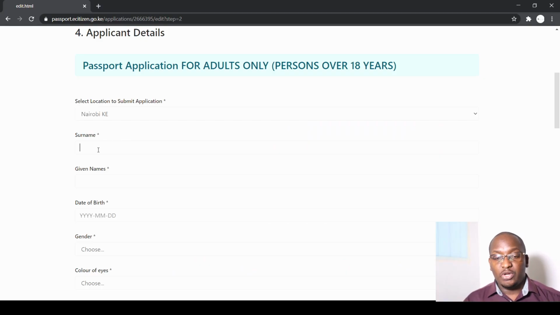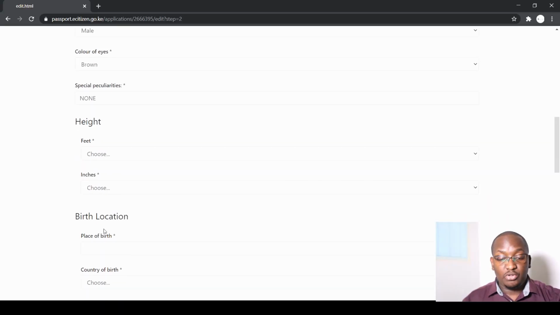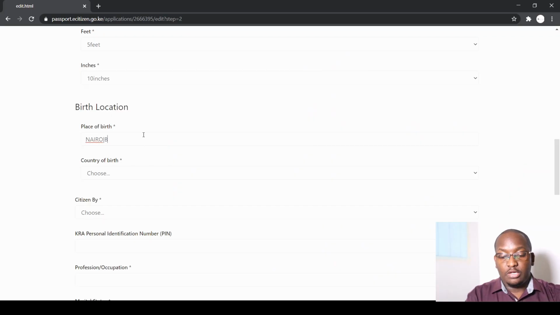Gender, color of eyes, I know mine are brown. Any special peculiarities, I'll write none or not applicable. How many feet, my height. Then place of birth, I was born in the city center. Country of birth, for us we choose Kenya. Citizen by birth. Naturalization is for those people who were not born in Kenya but have become Kenyan citizens by naturalization. Then the PIN number, birth entry number here stands for your birth certificate number, your profession, marital status, so